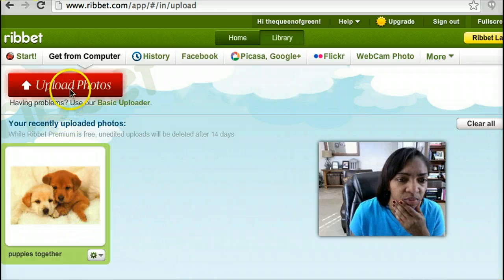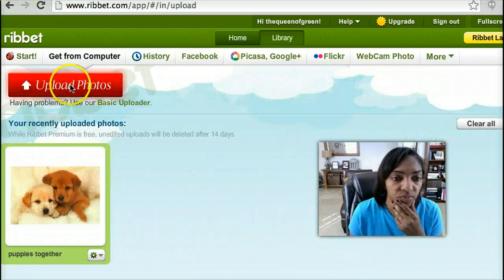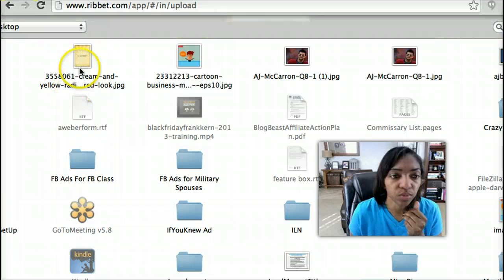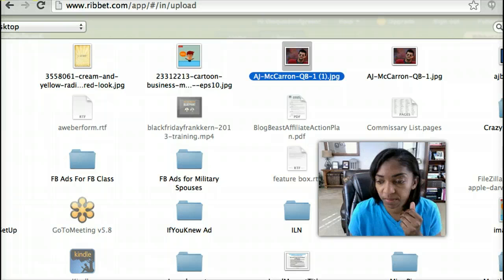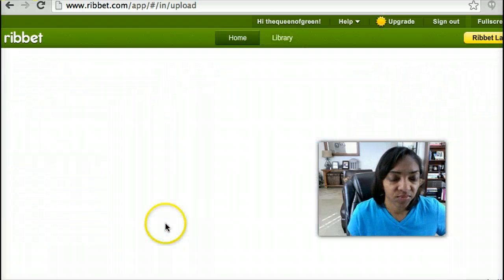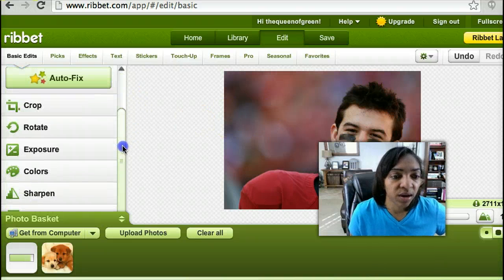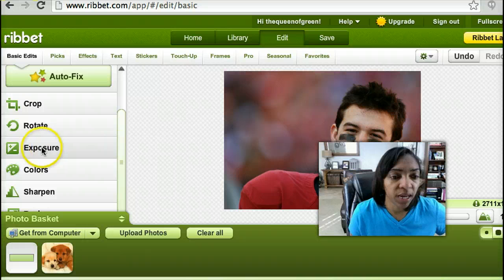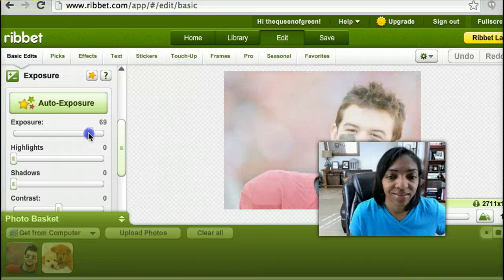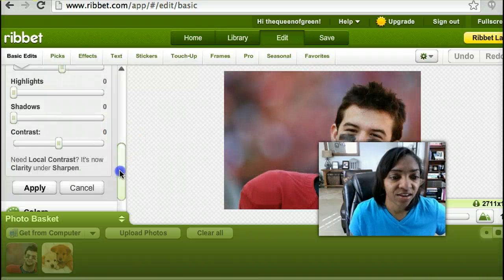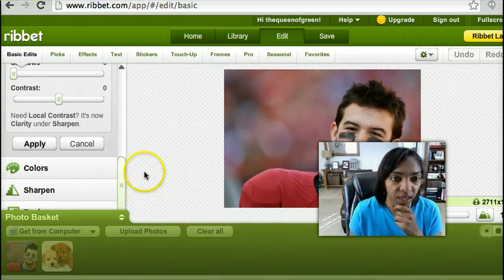Let's see. I pulled up a picture here. See if we can use this one. I'm going to pull in, how about that one? Okay, so this is the unedited one, but with the picture in there, you can crop, you can rotate it, you can lighten and darken it, right? Lighten and darken, you can adjust highlights, shadows, contrast,